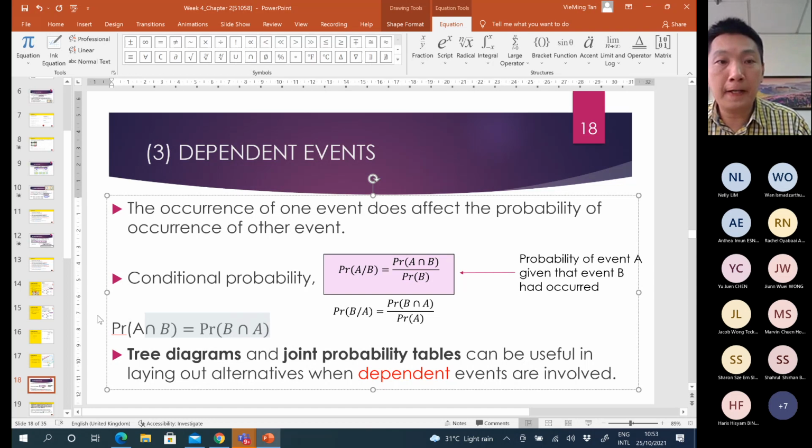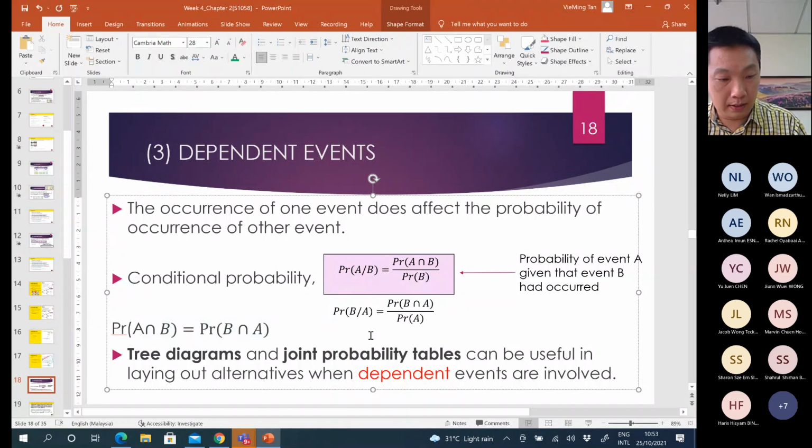Same meaning, okay? A intersect B means B intersect A. Same, huh? However, this one I better put somewhere else. This is same meaning, all right? However,